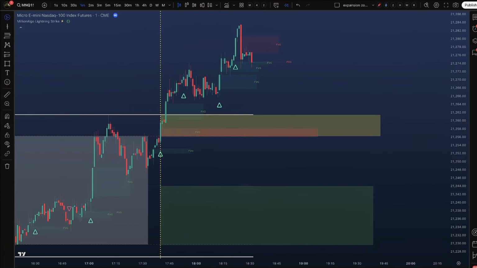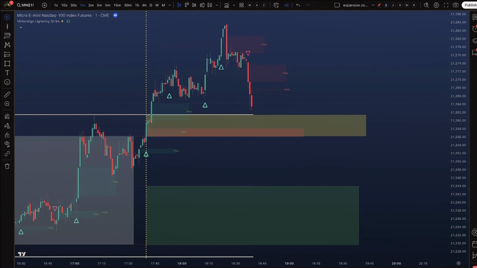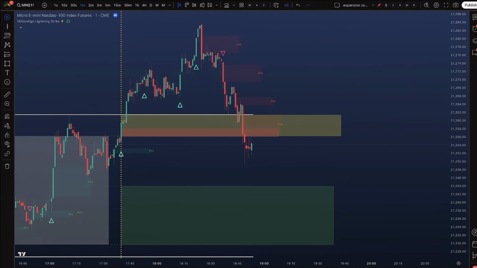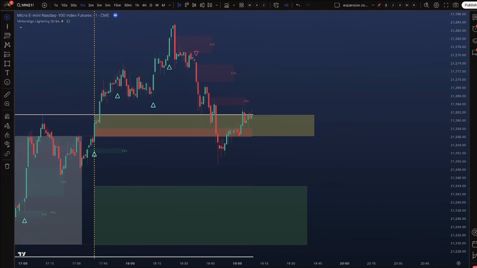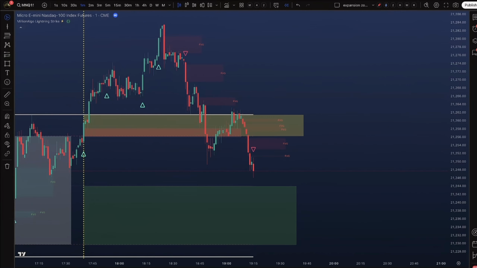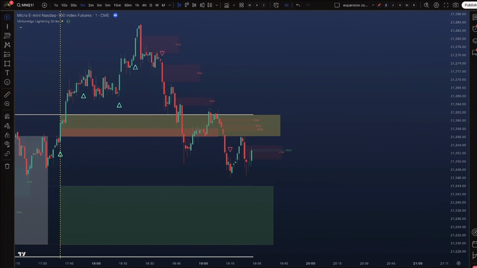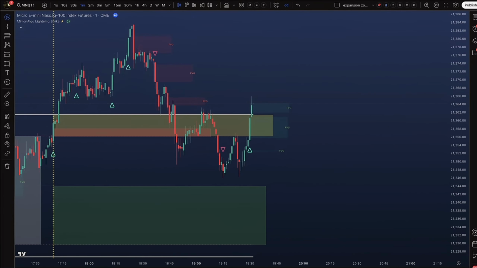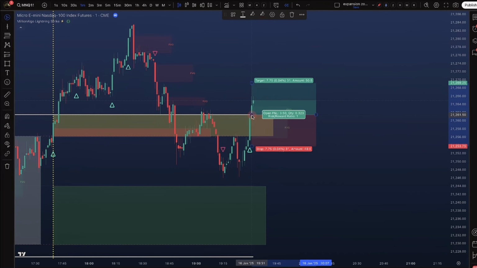With the settings in place, we wait for a signal on the 1-minute time frame, ideally rejecting one of our three areas. The first signal we get is a sell, but we're looking for a buy. We get the buy signal here. It's very important to wait for the signal candle to close with the signal intact before executing the trade. Once confirmed, mark your entry for trade execution.